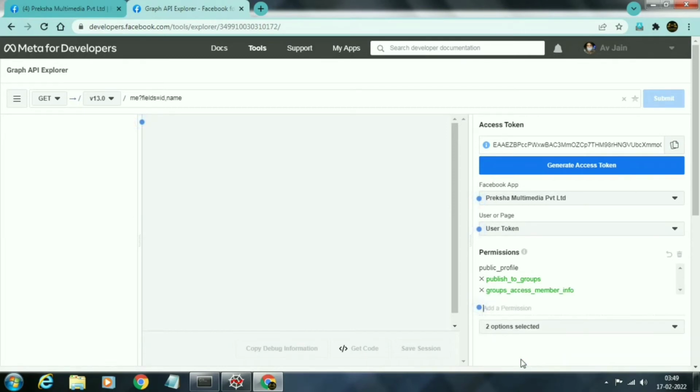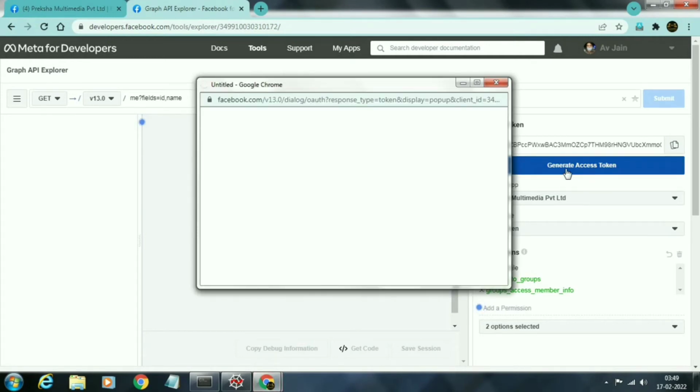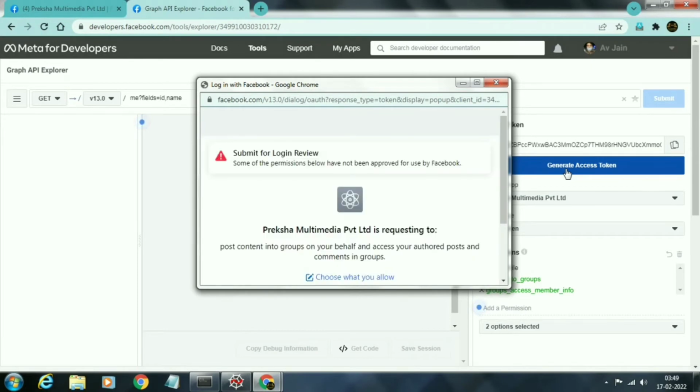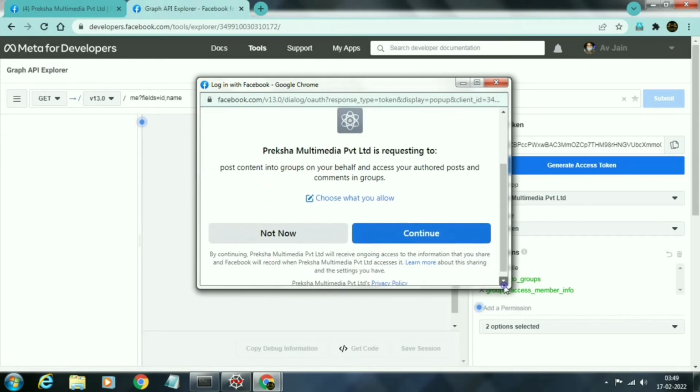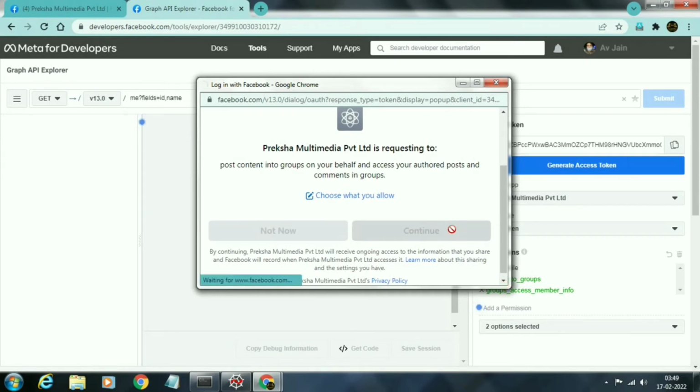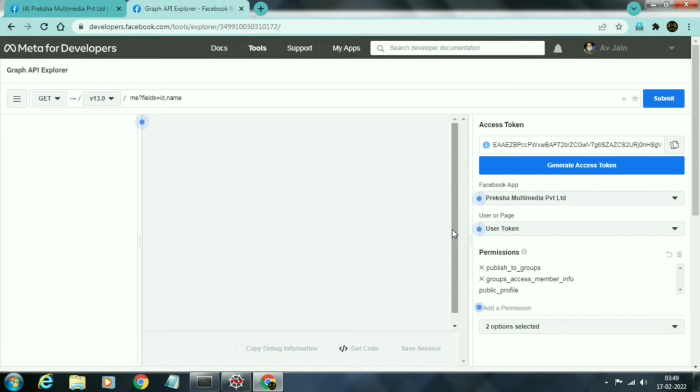These are the permissions you will have to give to your application. Now we will click on generate access token again. There is no need to submit for login review, just click on continue. Now you can copy your token and use it in your application.